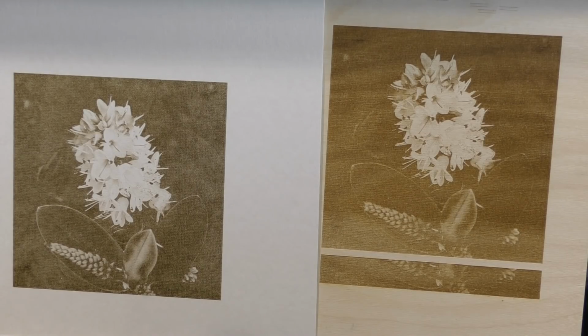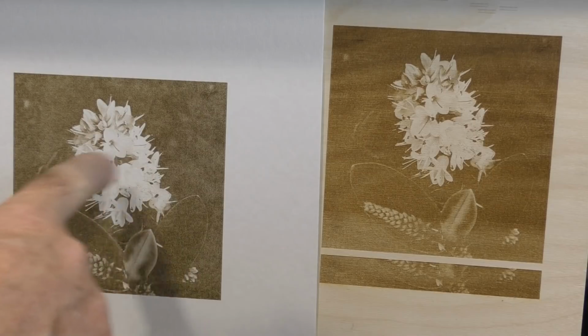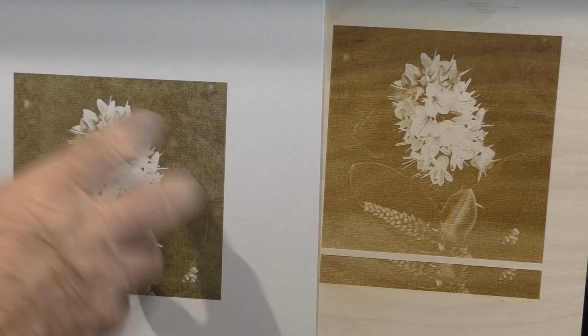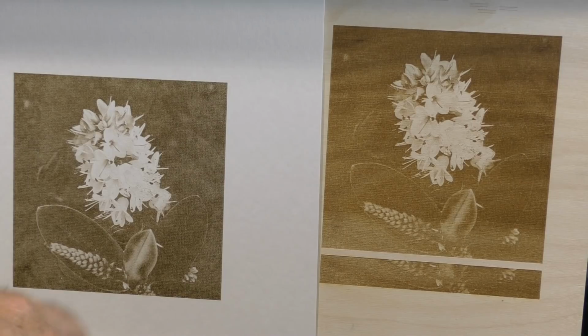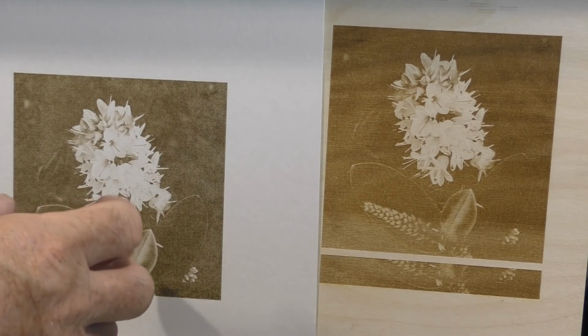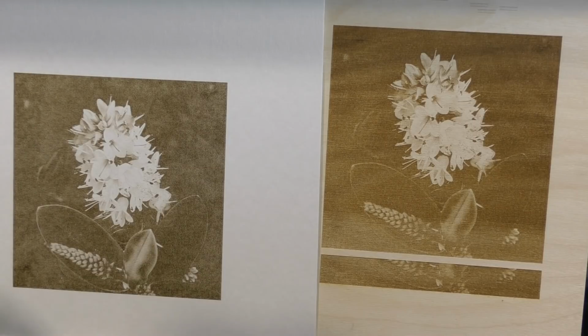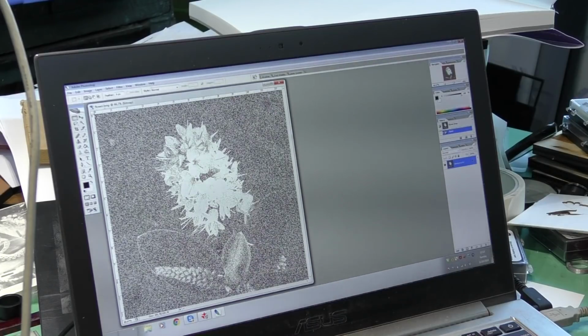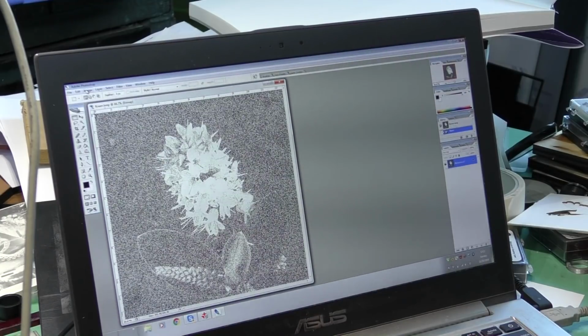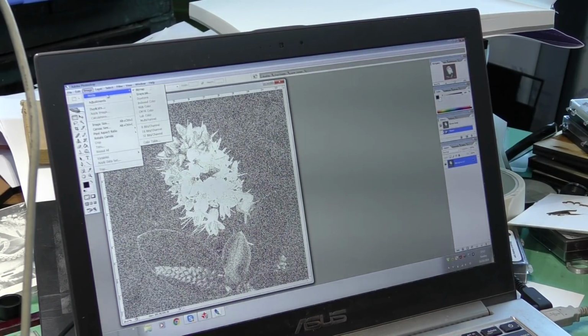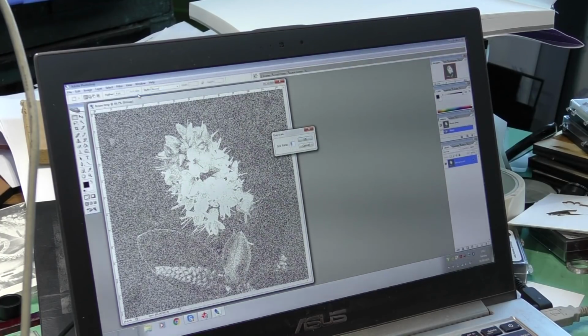You could also try, remember, one of the steps that we pass through as we prepare this picture is grayscale. Once you've got your grayscale picture on the screen and you've done the necessary brightness and contrast adjustment, there is no reason why you shouldn't then also convert it back into a grayscale image before you save it. The temptation was too great once I mentioned it, so I've loaded my bitmap back into Photoshop, and we're going to go up here to Image, Mode, and we're going to turn this back into a grayscale image for a few moments. I know it can't be grayscale because it's black and white,